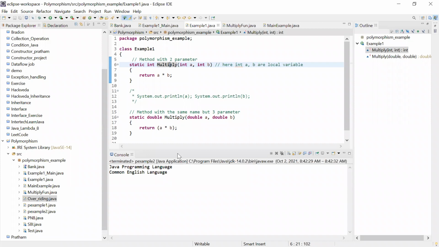So here you are using the same function with a different parameter, that is called overloading. The previous example was overriding, where the method was exactly the same but they are in a different class, that is overriding. Don't get confused between overloading and overriding. Overloading means declaring a method with the same name but their parameters should be different and within the same class. You can see I'm declaring within the same class, but when you declare it in a different class